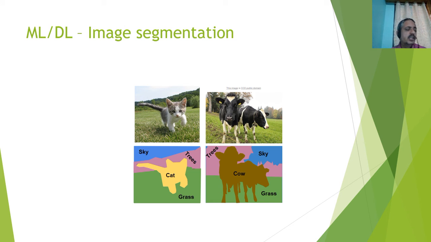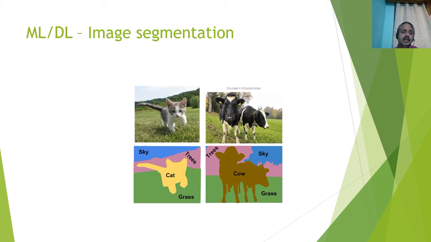So what you generally do in machine learning or deep learning, if you see there are two images given, the human eye can identify the cat, grass, sky, and other things. So in the bottom I have two images. The computer has to identify this. The computer takes the image borders, and it cannot understand from one image.